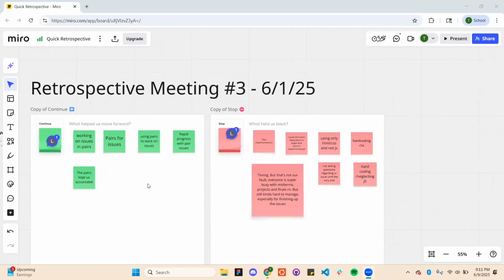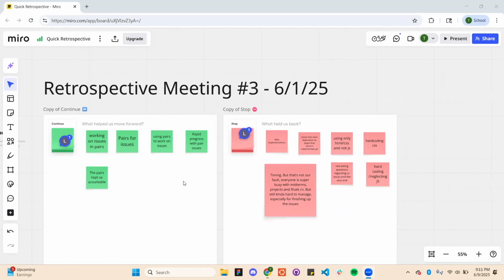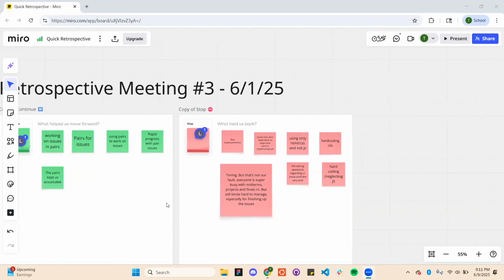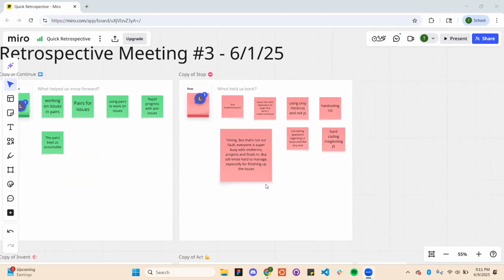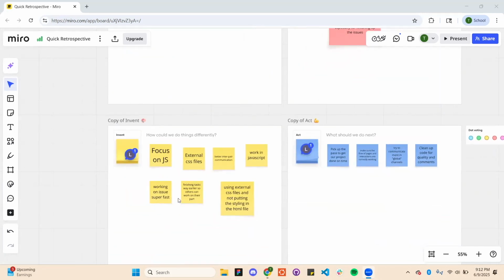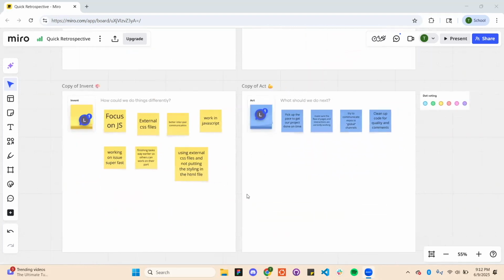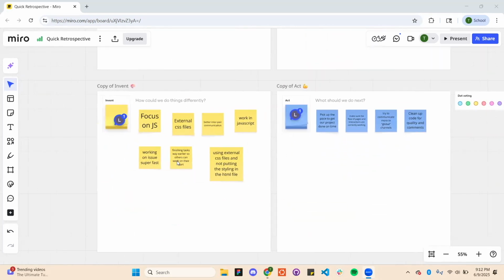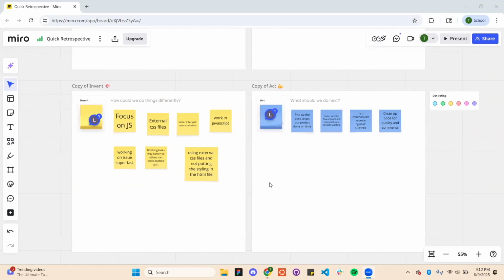So yeah, once again, we did that in our last retrospective meeting on 6/1. We really enjoyed working in pairs, which kept us accountable. What really helped us here was the organization of the repo. We didn't have CSS files, and it was very inconsistent throughout the whole repo, so that really helped. We were short on time, so we wanted to work on the issues fast, creating these external CSS files and focusing on the JavaScript really well